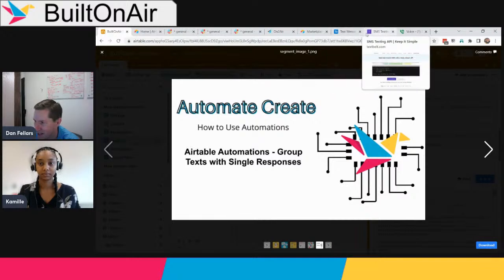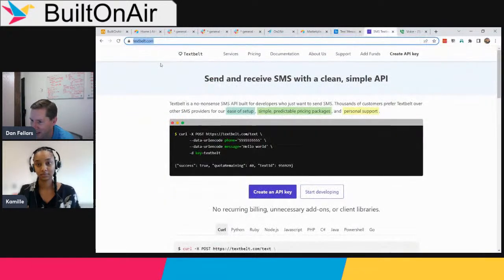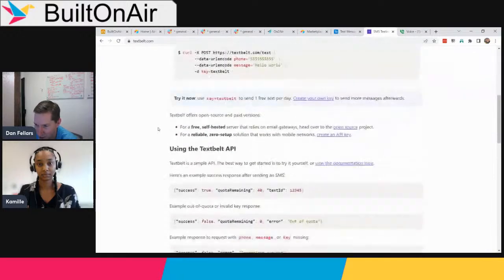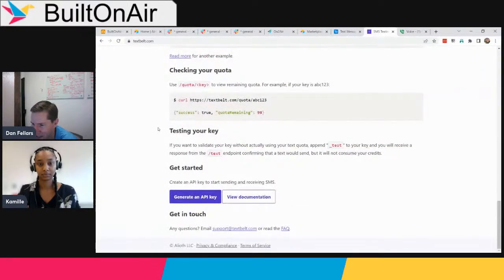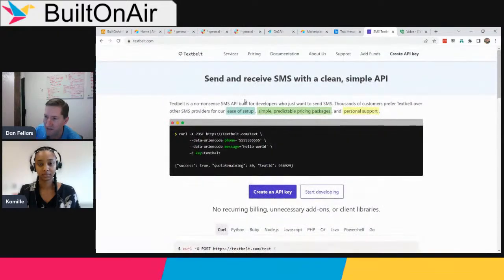Send SMS easily, I realized that there's a company behind it called TextBelt. That app in the marketplace is actually from this company called TextBelt that's been around for 10-plus years, doing very basic text messaging. Very similar to Twilio. If you've used Twilio, I've used Twilio quite a bit. This one actually is simpler to use than Twilio. And so literally in about 20 minutes, I